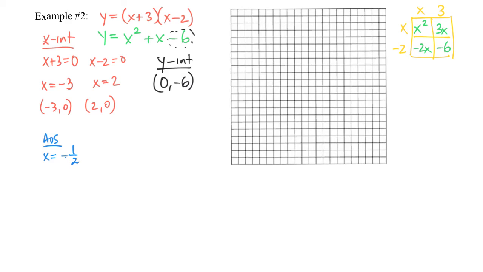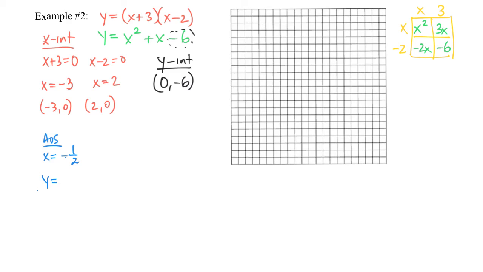Now I can take this -1/2, and to get my vertex, I can plug it in here if I want to. I can plug it in either form. You can go back to the original, or you can use the standard form. I'm going to go ahead and plug it into the original form. So I'm going to do parentheses in my calculator, -0.5, you could do 1/2 if you wanted to, plus 3, parentheses, times -0.5, again, you could do 1/2, minus 2, parentheses. And when I put that in my calculator, I get a vertex